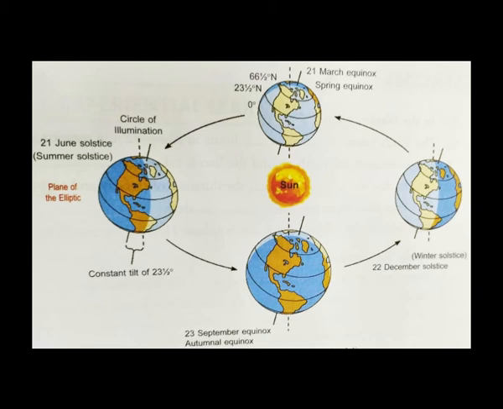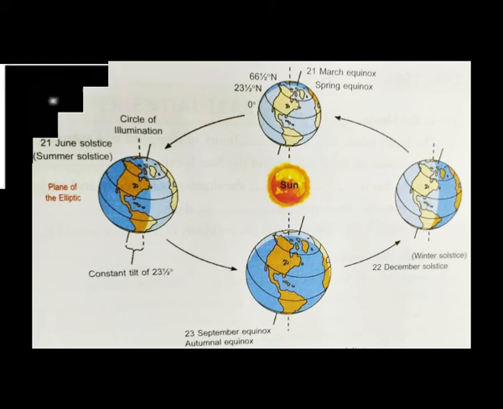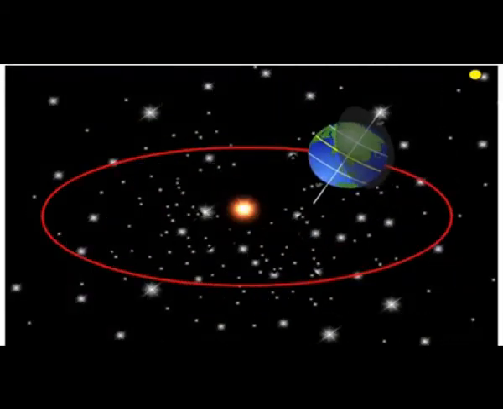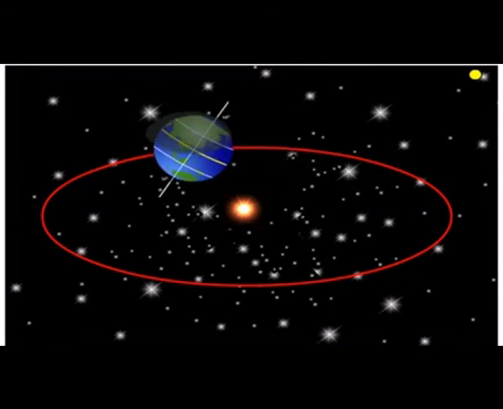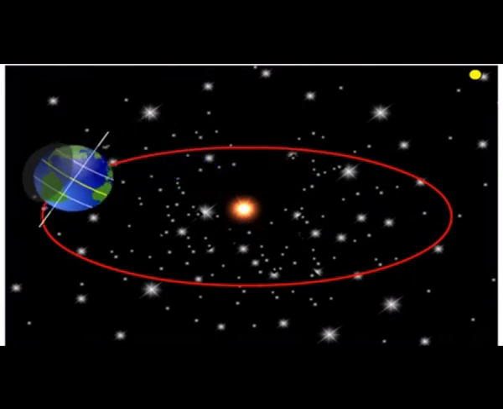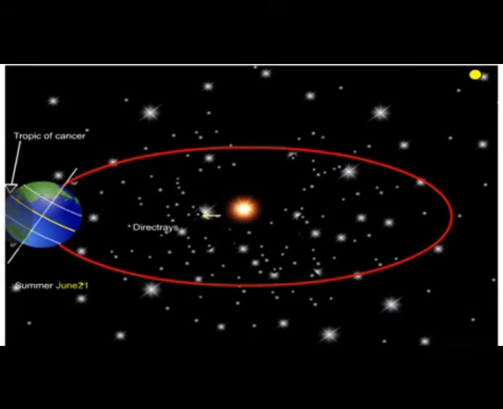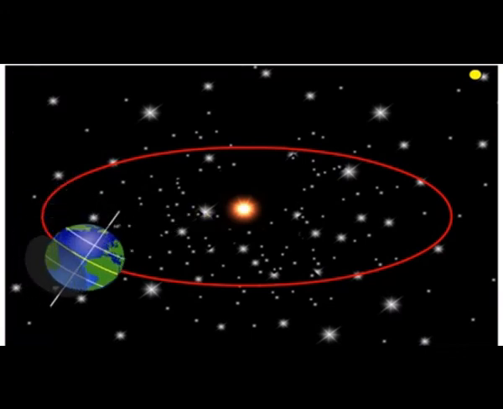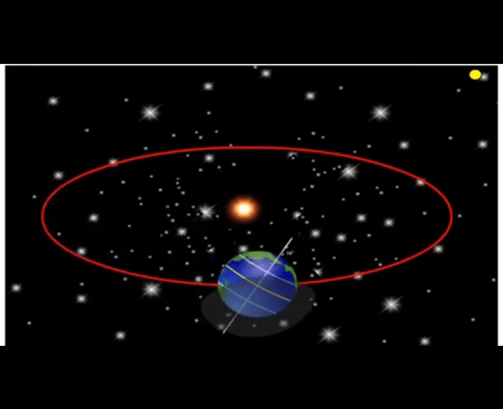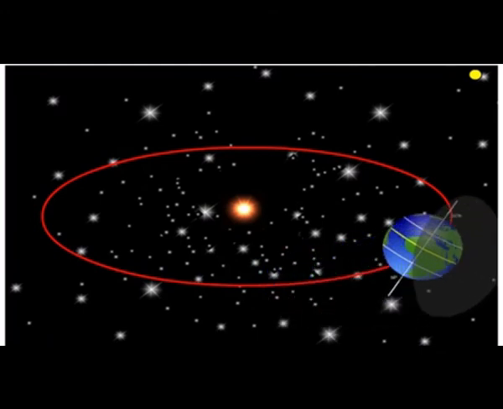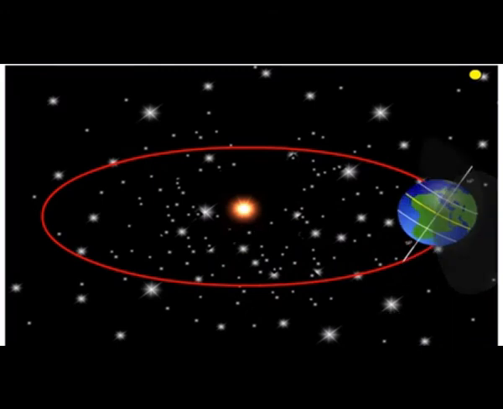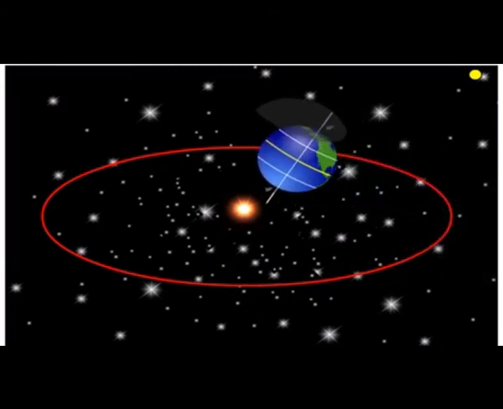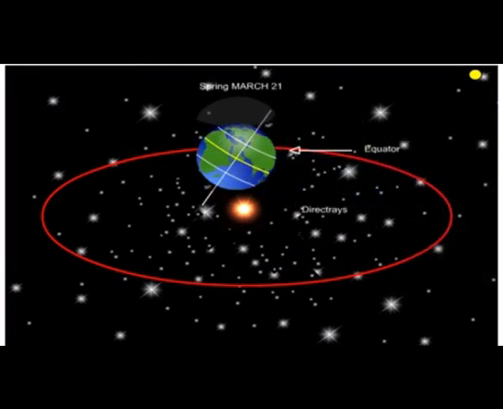So children, this was all about the chapter Motions of the Earth. You discovered the different movements of the Earth called rotation and revolution and how these movements help make seasons and even day and night. That was all about this chapter. Go through the chapter and try to understand the concept. Read chapter in a nutshell given in your book after the chapter and try to do the book